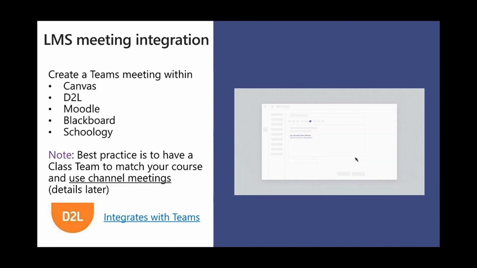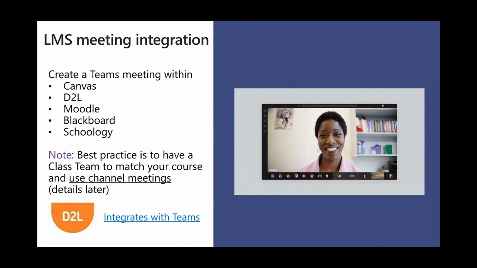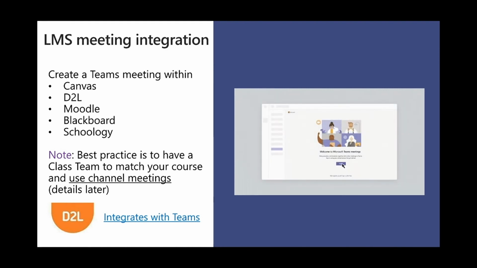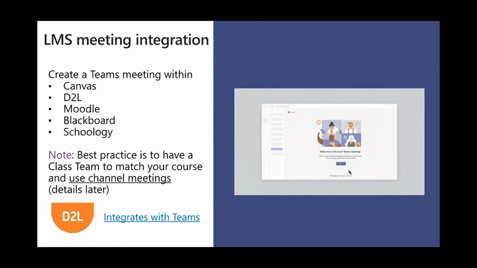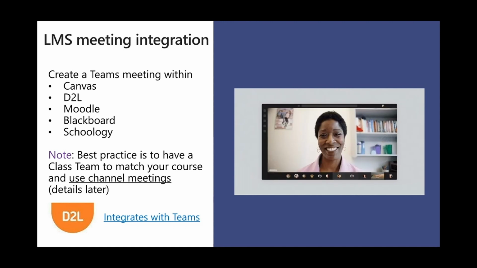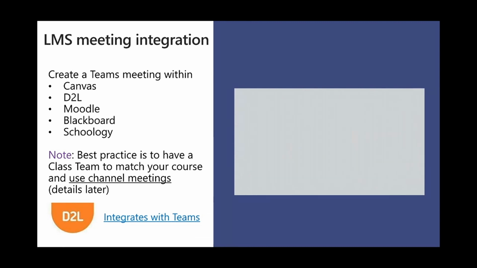When we had to go remote, we worked closely with our amazing LMS partners to produce some awesome integrations in the meeting space between the LMSs listed here and Teams, which was a wonderful need that was fulfilled in record time. We have seen such great use of it, and teachers and districts need that secure meeting platform that's integrated into their LMS.